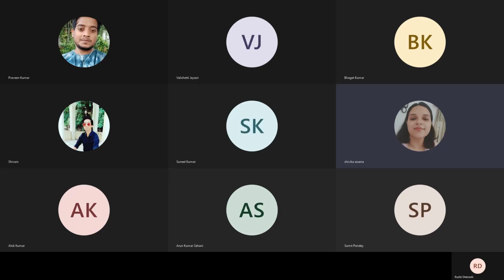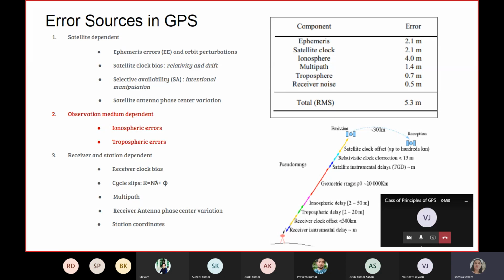Receiver and station dependent errors. Okay, so among these three, we were discussing the observation medium dependent. That means when the signal is passing from the satellite to the receiver, it is passing through an observation medium, a medium of propagation. That means whatever is coming in between, that is our atmosphere, which again we can divide into two parts, ionosphere